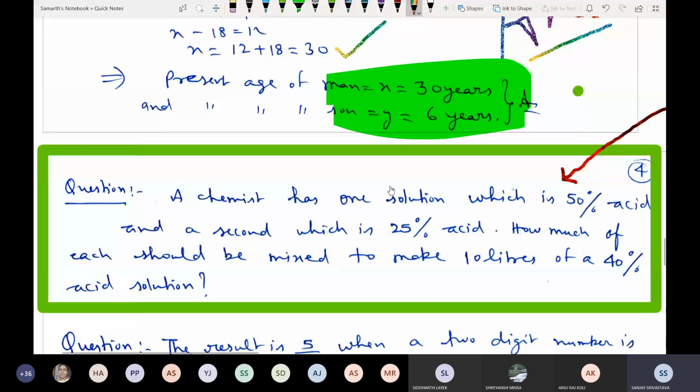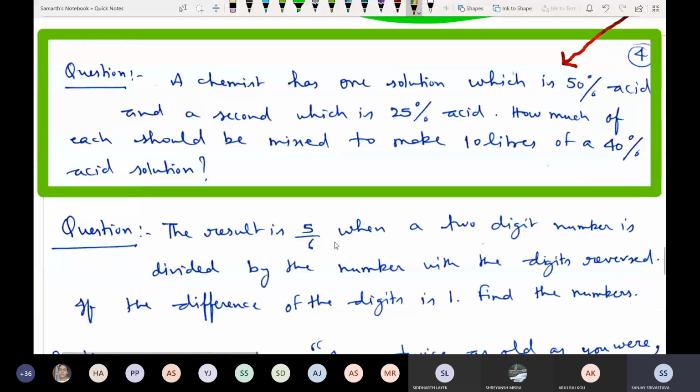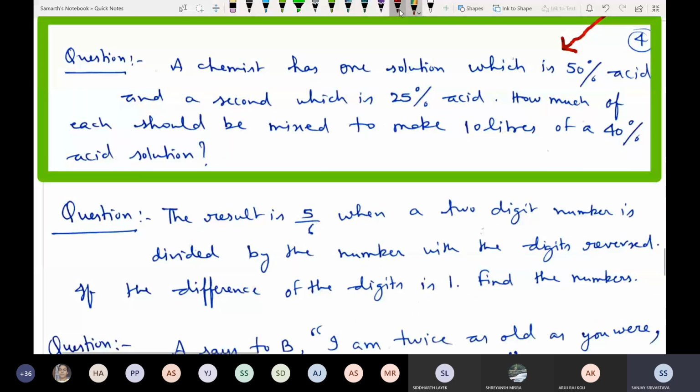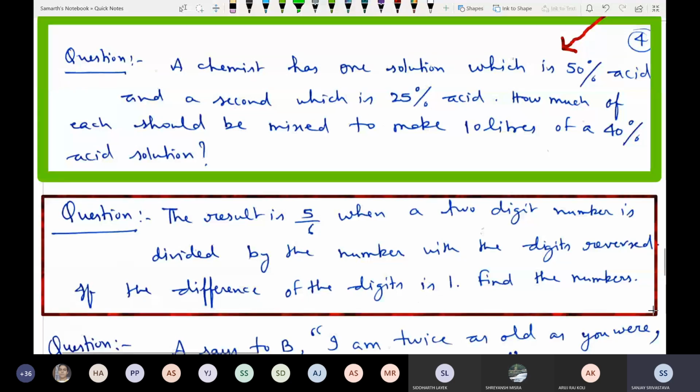Now I'm giving you one more question, boys. Most of the boys have shown the correct answer with the correct working. Especially I'm observing a few boys, I am noting down their names also. They are giving very good responses. Now this is the second question in the sequence. This is very easy as compared to the first one.